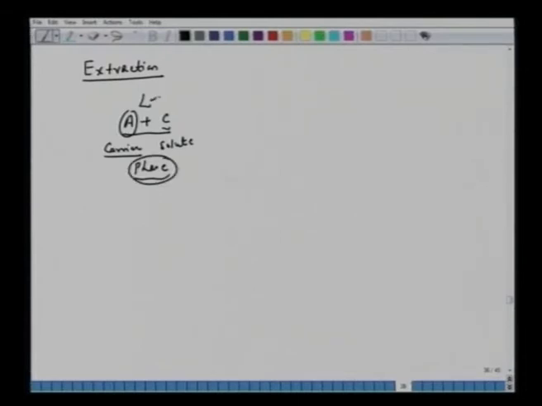But more important is that we have some liquid phase here, and we have been asked to separate C from A. What we do here, now we add another phase and another component. So we are adding a liquid, say B, a different component, we call it solvent. So this liquid is being added to the second liquid. Now C and A, they are miscible, solubilized, but the one we are going to add here, B, must not be miscible in A, or it should